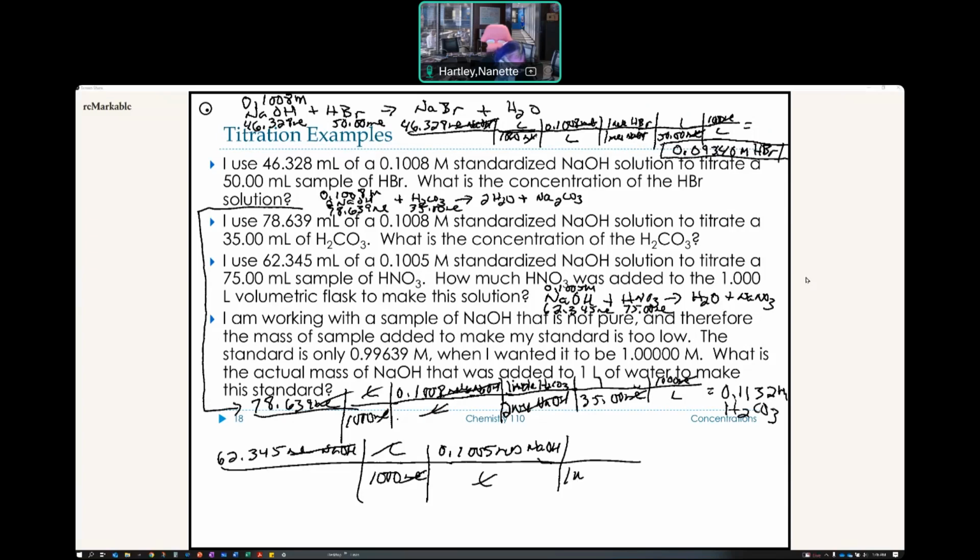I know there's 1 mole of NaOH to 1 mole of HNO3. That gets rid of the moles of NaOH. Now I need to have that volume in there, so I divide by the 75 milliliters that sample is, and then I convert the milliliters to liters. And if I do all of that happy math,